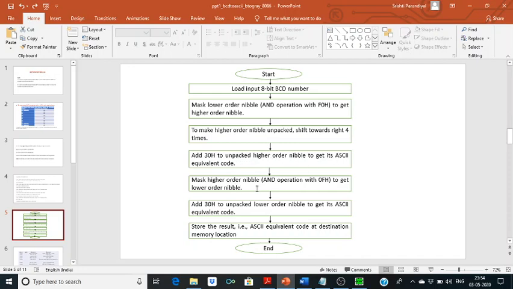Then we mask the higher order nibble by ANDing with 0F and get the lower order nibble, which is finally unpacked. So we add 30H to it and get the ASCII equivalent, and finally we store the result at the destination memory location.